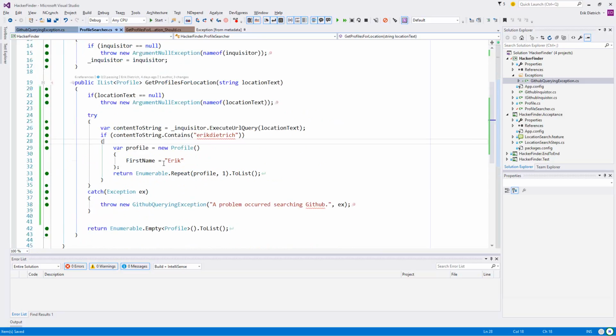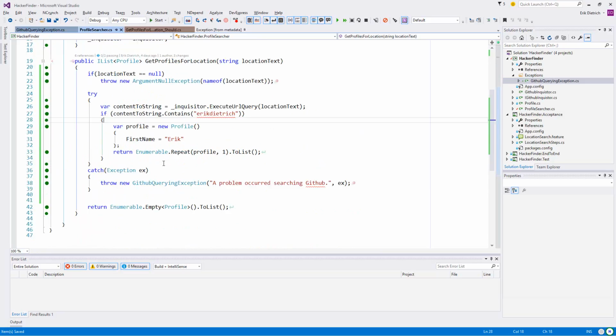Now, having solved all the mysteries, it's back to the problem at hand, and the problem at hand is that this is turning into sort of an ugly method. So we've got this precondition check.